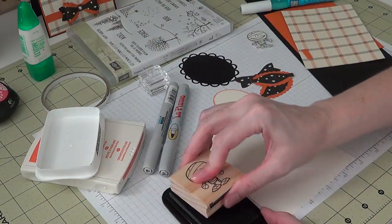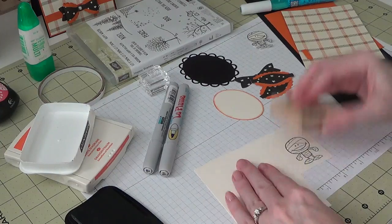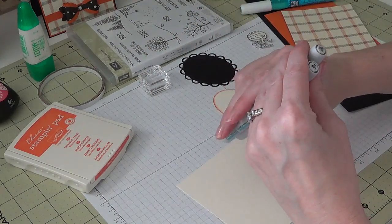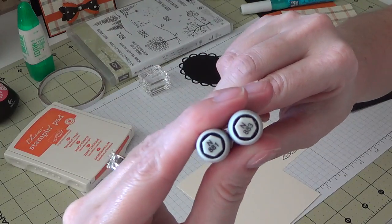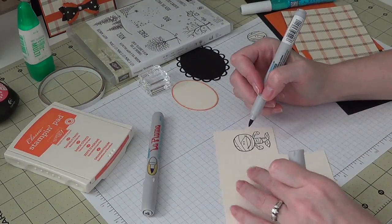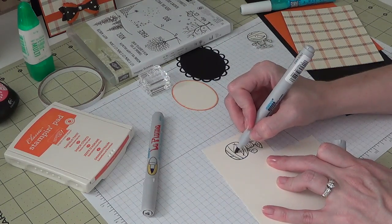So I just inked him up with some Memento ink, and then you just stamp him. So we're going to set this aside. And I have two neutral grays. I have 881 and 883. So I'm going to start with the 883. It's the darker one. And I know this is kind of upside down or sideways to you guys, but I'm just going to kind of outline these lines